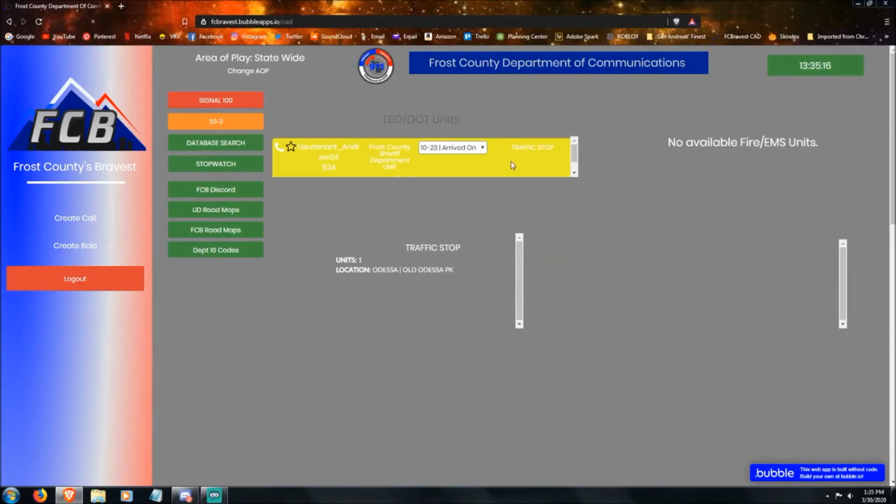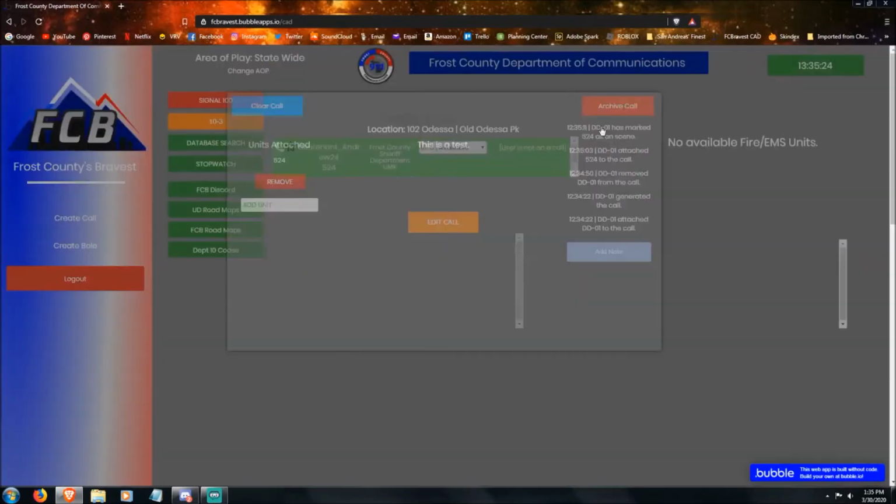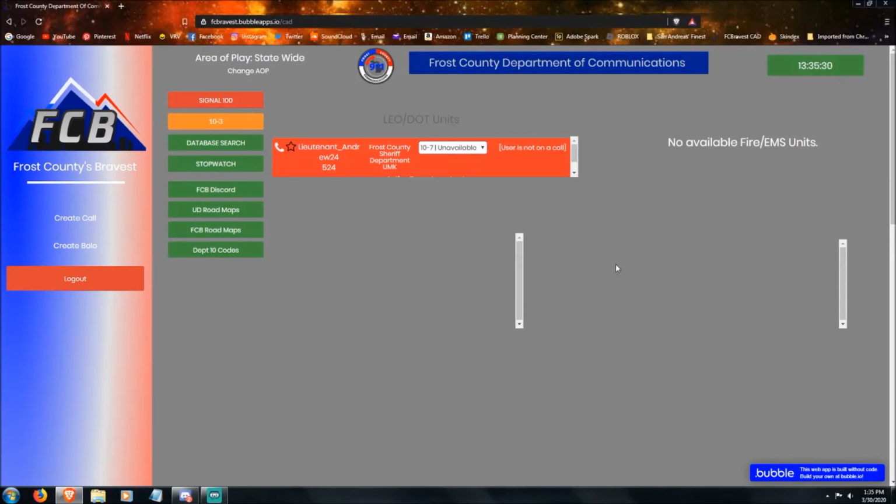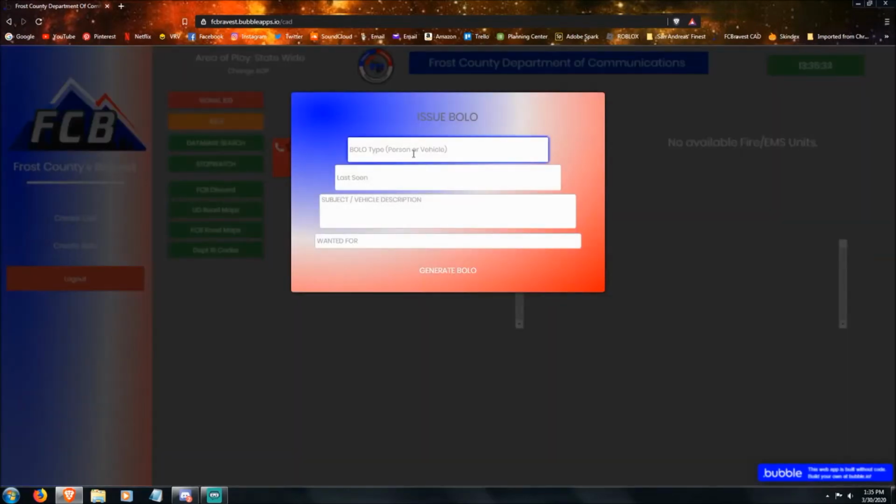It'll keep them yellow, depending on if they're on a call. Anyways, you can then archive the call, and it'll return all the units that are on that call back 10.8, and so on and so forth. You can also create BOLOs. If it's a person or a vehicle, BOLO. Person BOLO, last seen location,